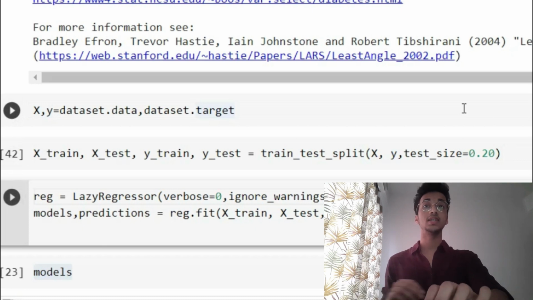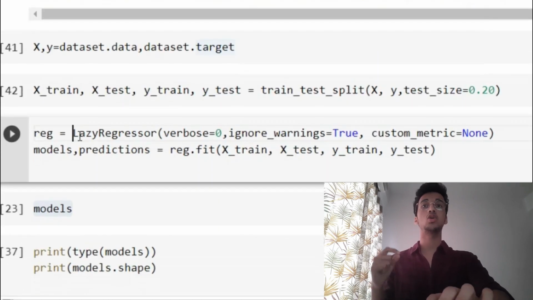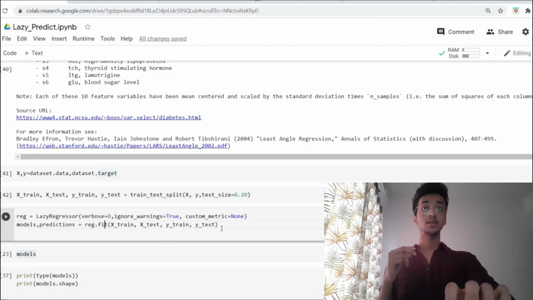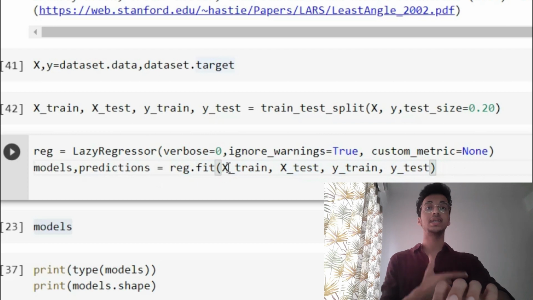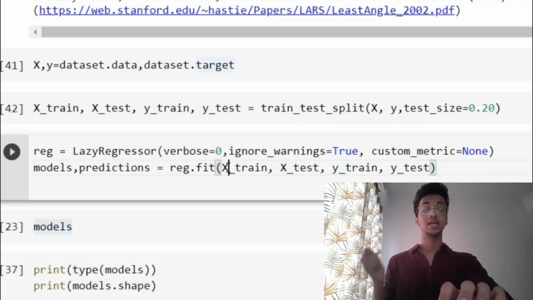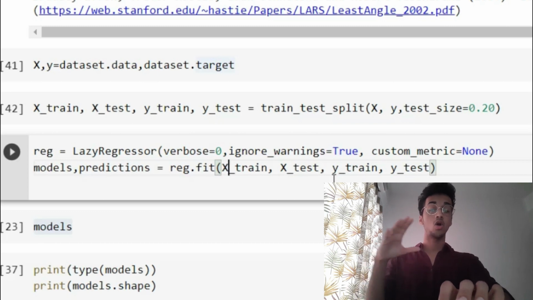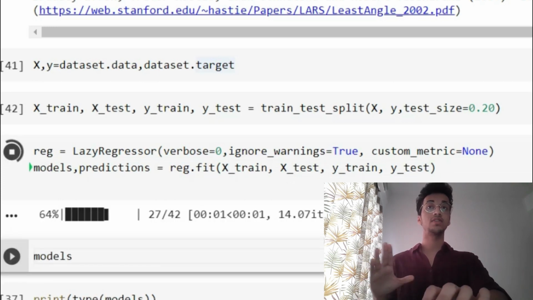After running these lines, I just have 2 lines of code to actually train all of the models. The first line is calling the LazyRegressor, and the next line is simply calling the fit function, and here we have to supply both the training and testing sections. On the training section, this is internally going to train all the models, and it's going to find the accuracy and the root mean squared error on the testing part, right? So you simply have to run these 2 lines and everything is going to be done.